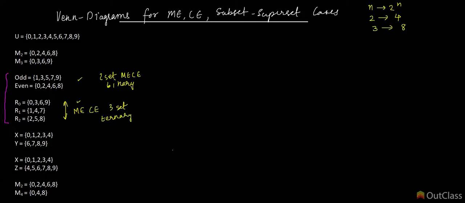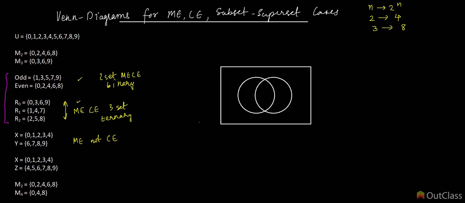Let's continue with these examples. Next we have X is equal to 0, 1, 2, 3, 4, Y is equal to 6, 7, 8, 9. I use this example to give you an example of two sets that are mutually exclusive but not collectively exhaustive. We saw this example earlier, and so if we use a general two set Venn diagram,